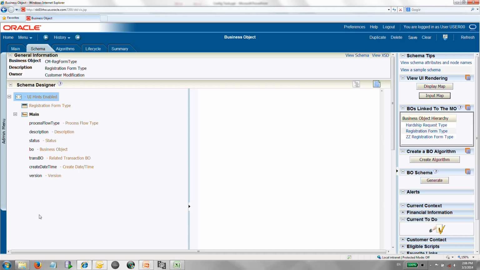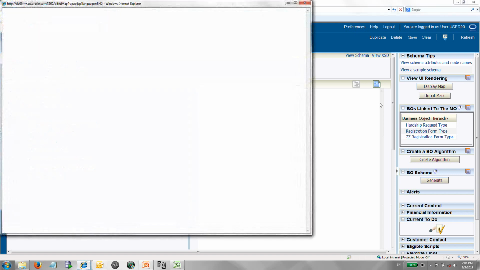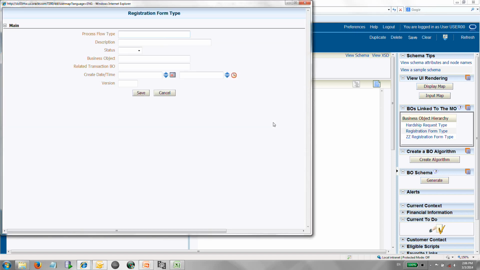Let's pick up with the registration form type that we created earlier. If we look at the InputMap, we will see that the status is not defaulted to anything, and I have the business object and the related transaction BO with an input field without any drop downs or any lookup search